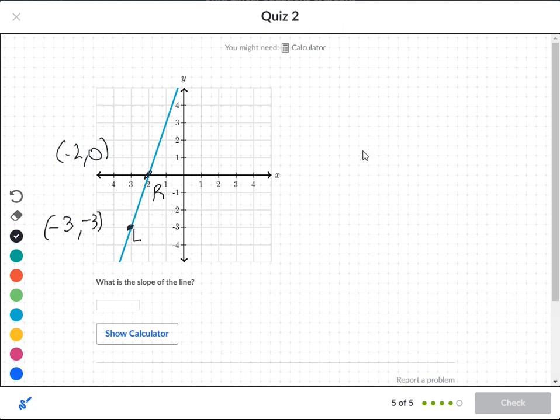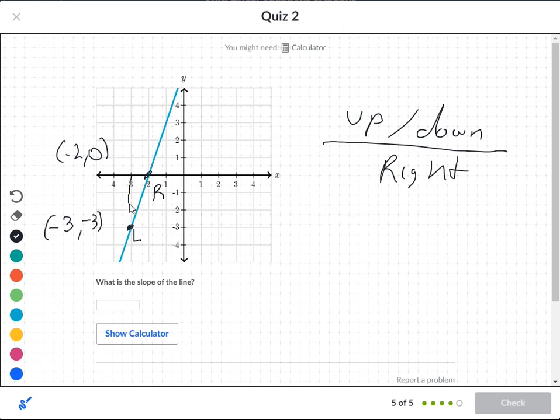So how many steps are we going to ride the elevator? Remember, our first step is either up or down. If it's up, it's positive. If it's down, it's negative. And then we're going to move to the right. In this case we're going to go up 1, 2, and 3. So we go up 3. Now we just move 1 to the right. So we have 3 over 1, and 3 over 1 is going to reduce down to